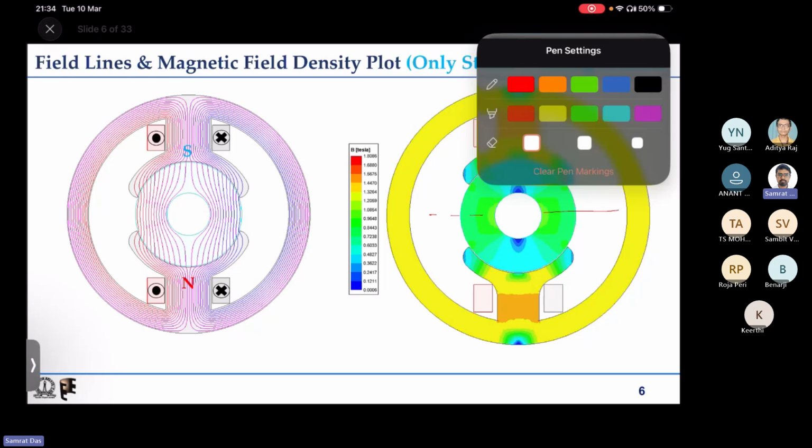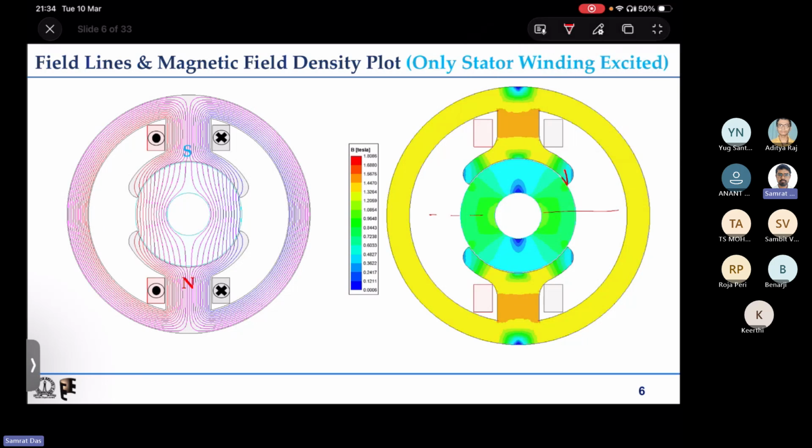Okay, forces anyway I will discuss again. If you have doubt on the forces, I'll discuss it again. So just to indicate, this is the south pole and this is the north pole. If you have a south pole and north pole facing each other, you will have some forces. What will be the direction of the forces? What will be the type of force? That will be attraction. So the rotor will be attracted radially outward and the stator will be attracted radially inward,